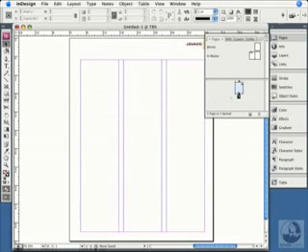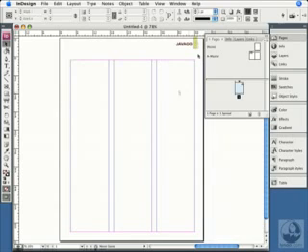It brings in the master page, replacing the one that was there, and page 1, which was based on master page A. It brings in the master page, and page 1 of my document, which was already tagged with master page A, shows all of the master page items. This ability to load master pages from one document to another saves a huge amount of time, and it's a